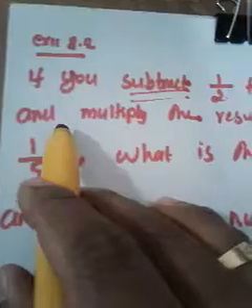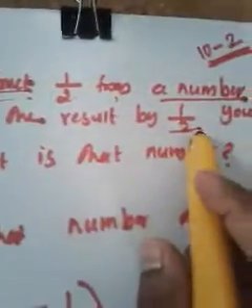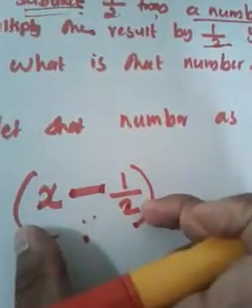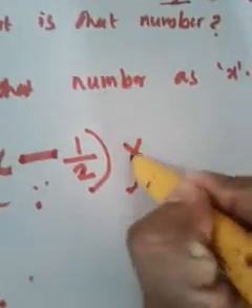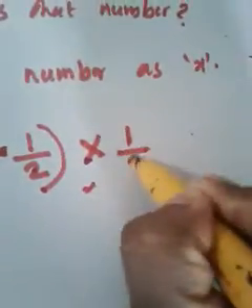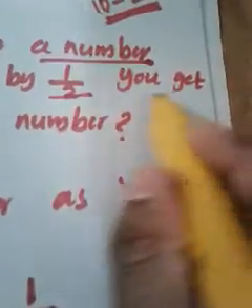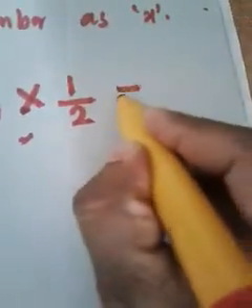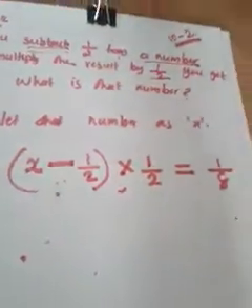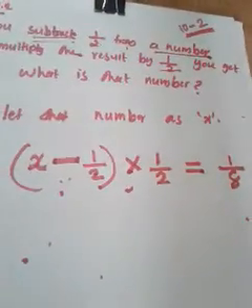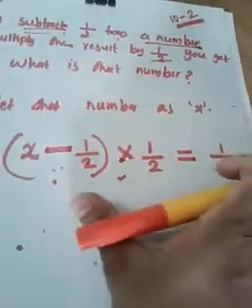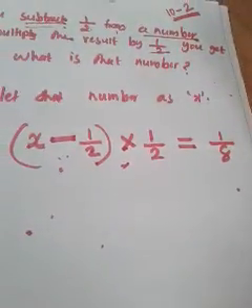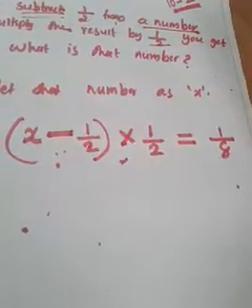Then what do I have to do? Multiply the result by 1 by 2. So this is my result now. I have to multiply it with 1 by 2. Then you get, that means it stands for the result. Result is equality. What is the result? 1 by 8. I think you understood the concept well. And this is my maximum, this is my limitation. This is only how I can explain.